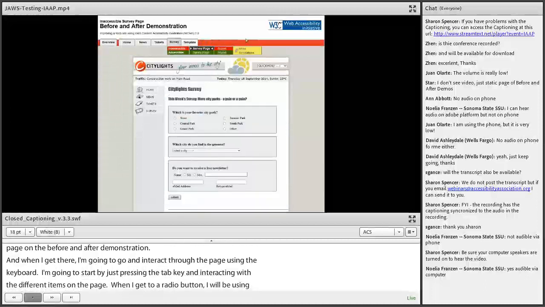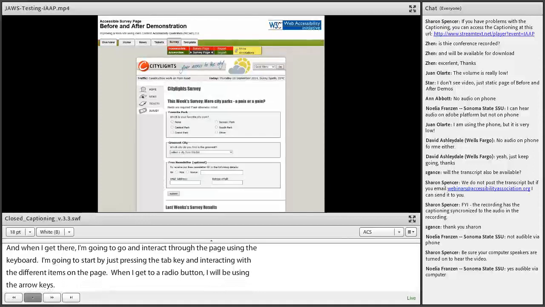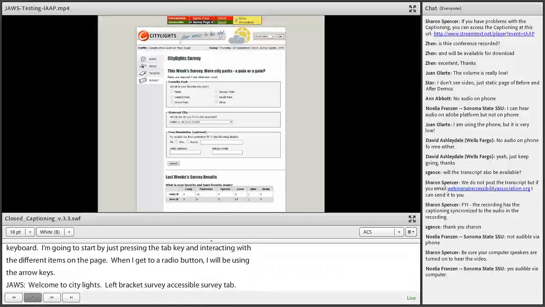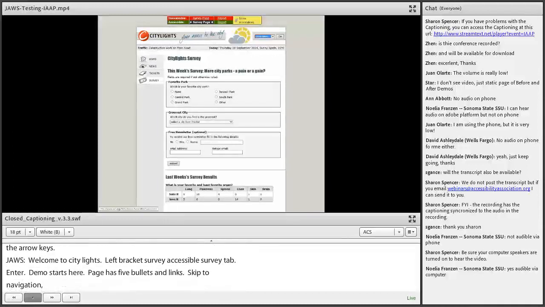Welcome to City Lights, inaccessible survey page. City Lights survey, accessible survey page. Tab, skip to accessible demo page, same page, enter. Demo starts here. Page has 5 headings and 46 links. Demo starts here. List of 2 items, same page link, skip the content, within demo page. Tab, skip the navigation, within tab. City Lights, your access to the city, visited link graphic. Tab, explore site